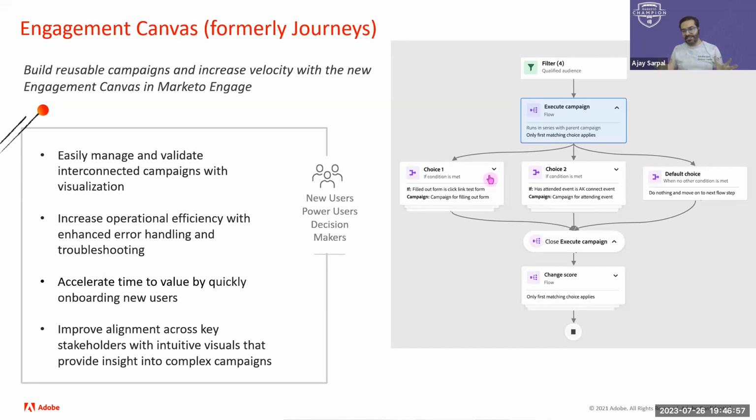So there are instances when we are using multiple nested campaigns, and like Darshil said, that we are using request a campaign or then execute a campaign flow step. At that time, it becomes sort of a nightmare if there are 5 6 campaigns after a smart campaign we are calling. So the beauty of this engagement canvas is that now you can easily understand, you can easily diagnose